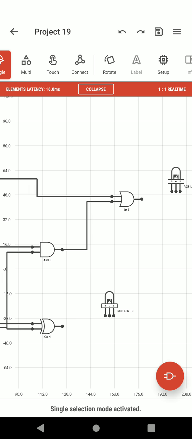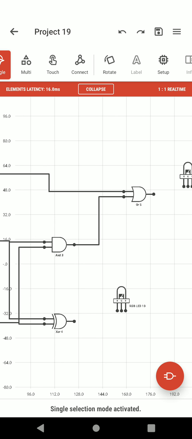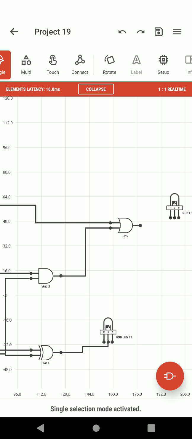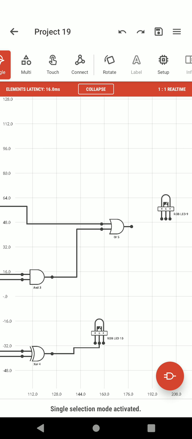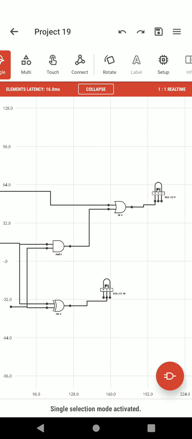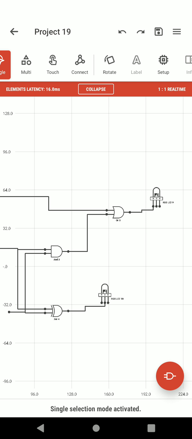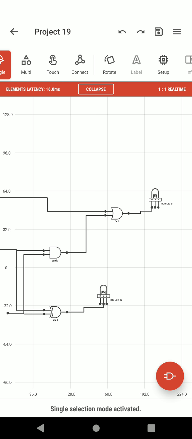So we get the outputs from the OR gate and this XOR gate 4. At XOR gate 4 we get sum as the output. So click on XOR gate and green. And here we can choose another color. At the OR gate we get carry as the output. So click on this and click on red. So for sum we will get green color, and for carry we would get red color.